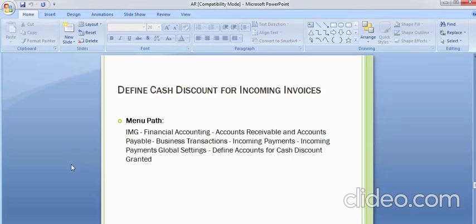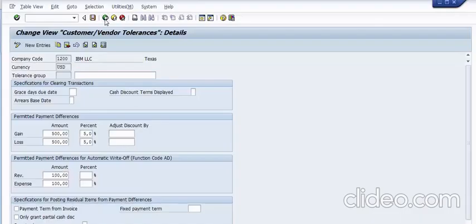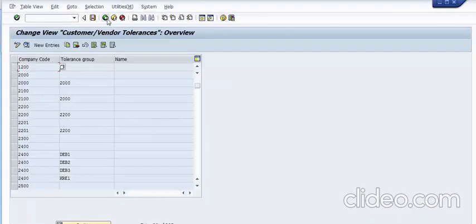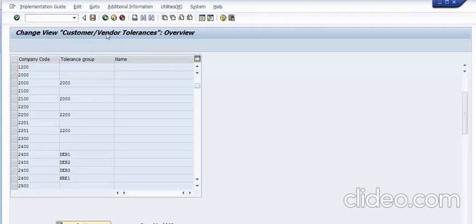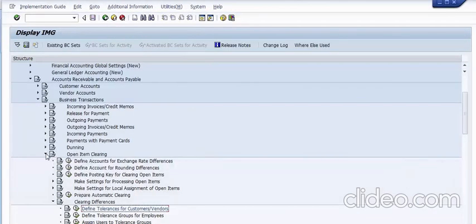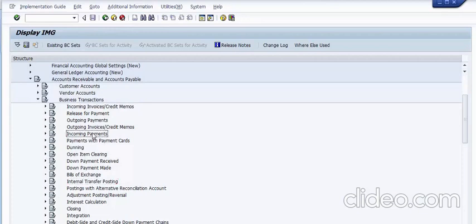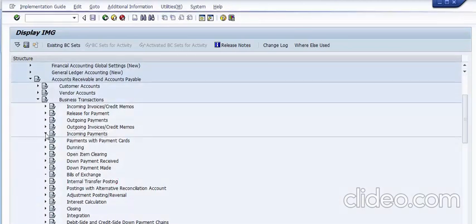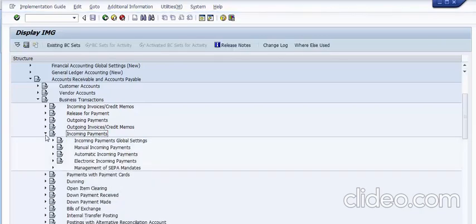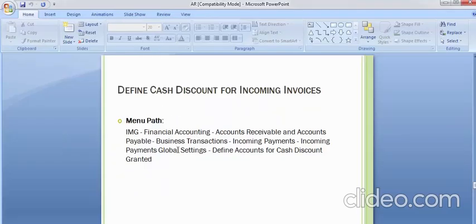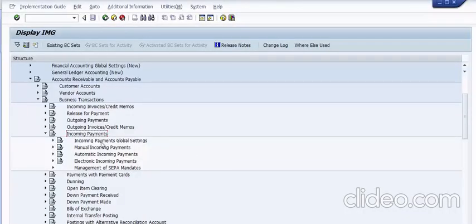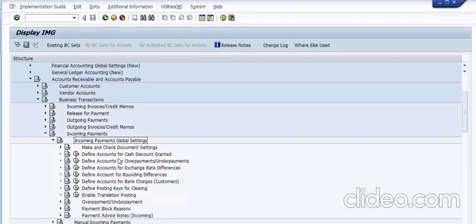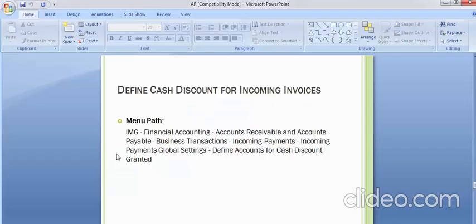Now moving to the cash incoming payment, and the cash discount in incoming payment. Going back to the path. Now discount comes when we receive the incoming payment. So we need to go to the incoming payment and then incoming payment global setting,